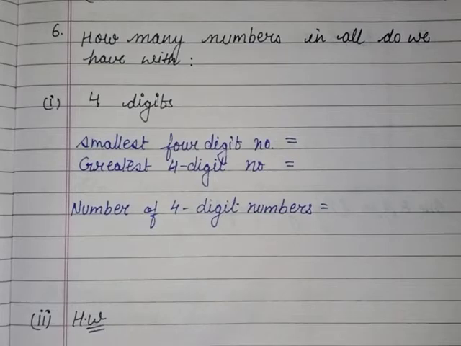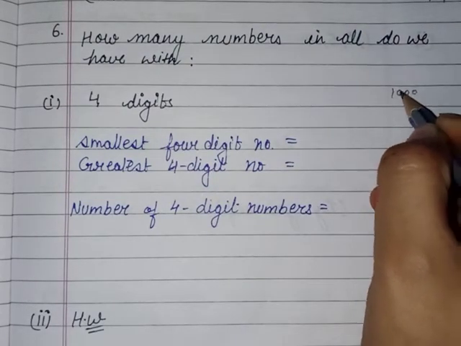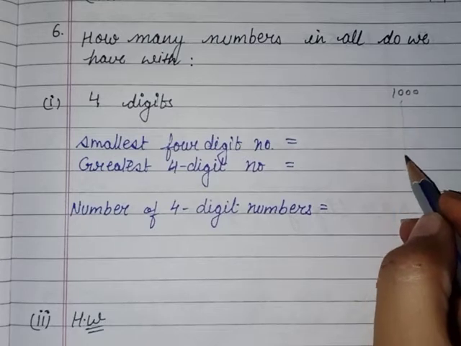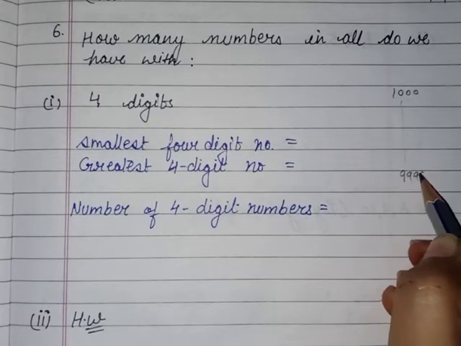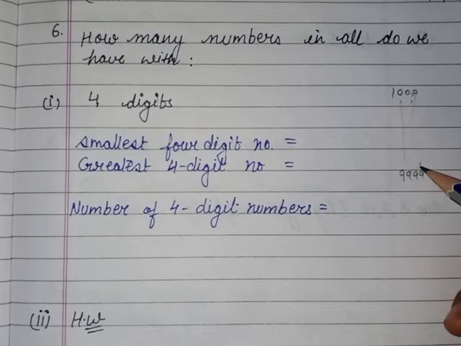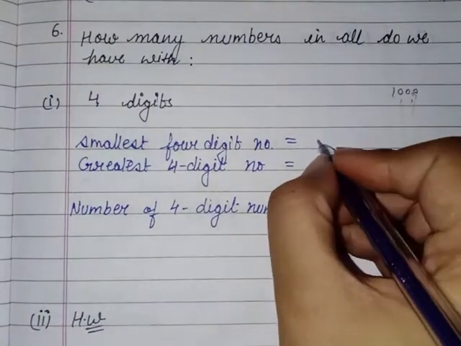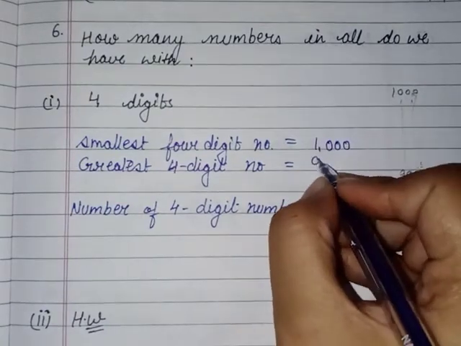Students, 4 digit numbers की अगर बात करें, so from which number do 4 digit numbers start? Smallest 4 digit number is this. And from this number, all the numbers till the greatest 4 digit number will be the 4 digit numbers. इन दोनों numbers के mid में जितने भी numbers होंगे, they all will be 4 digit numbers. Okay. So smallest 4 digit number is 1000. Greatest 4 digit number is